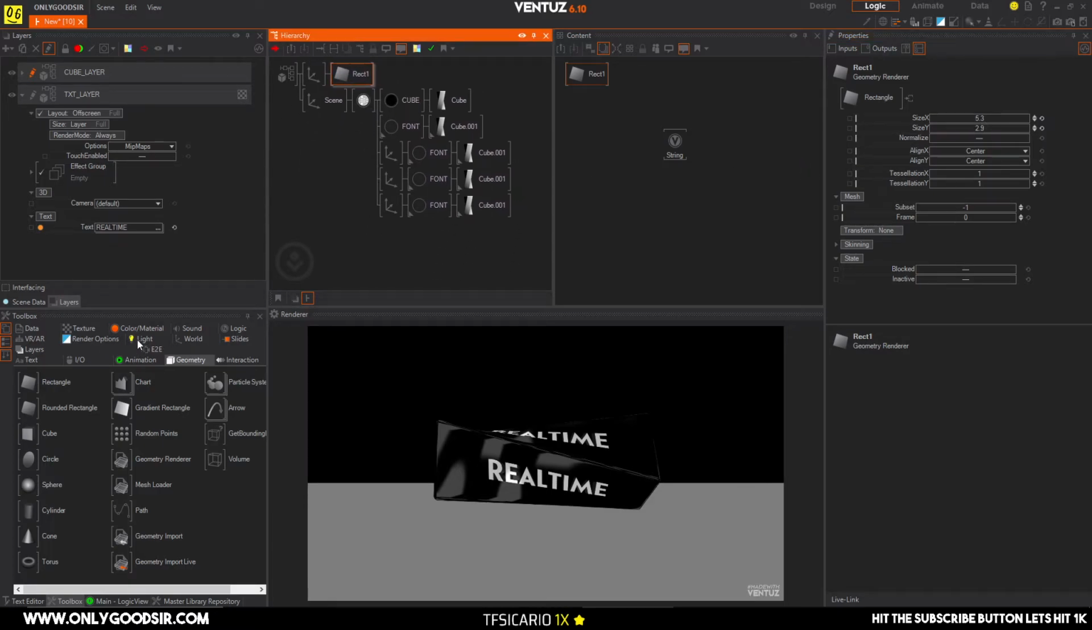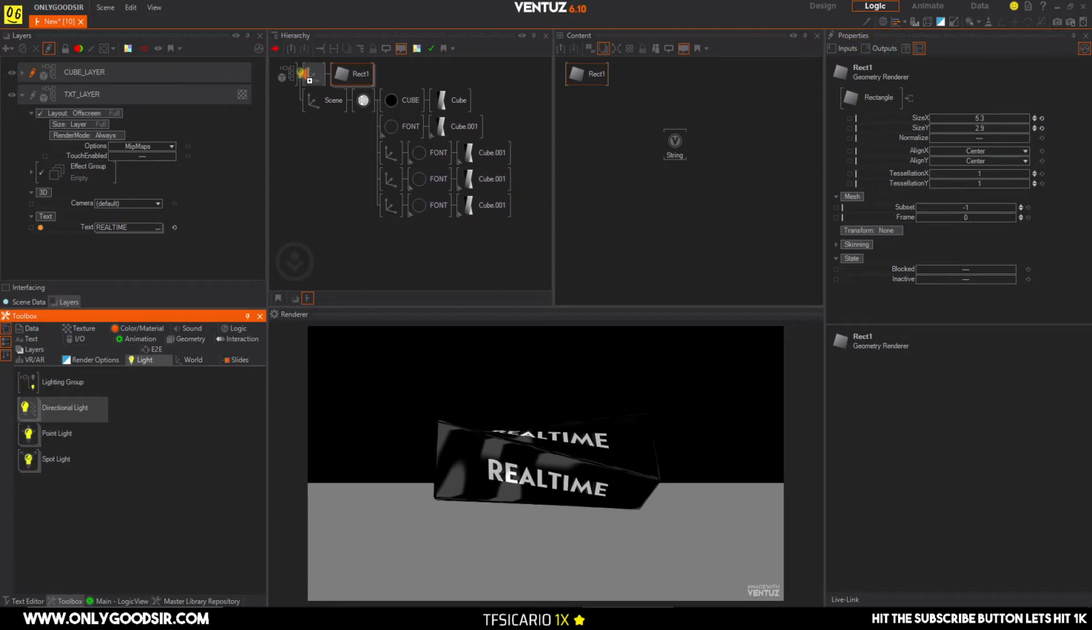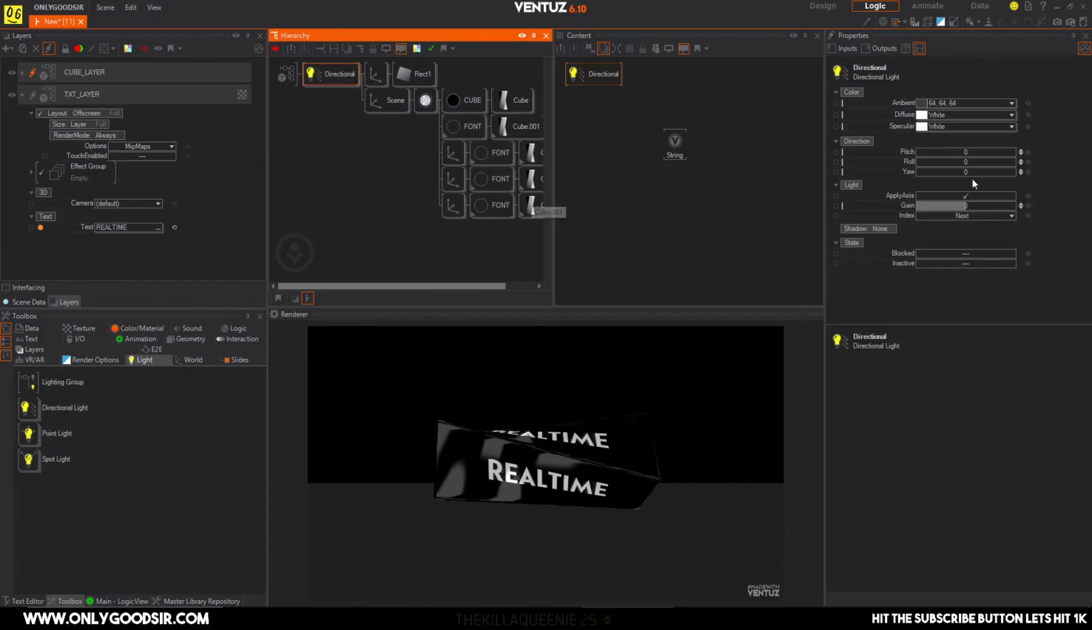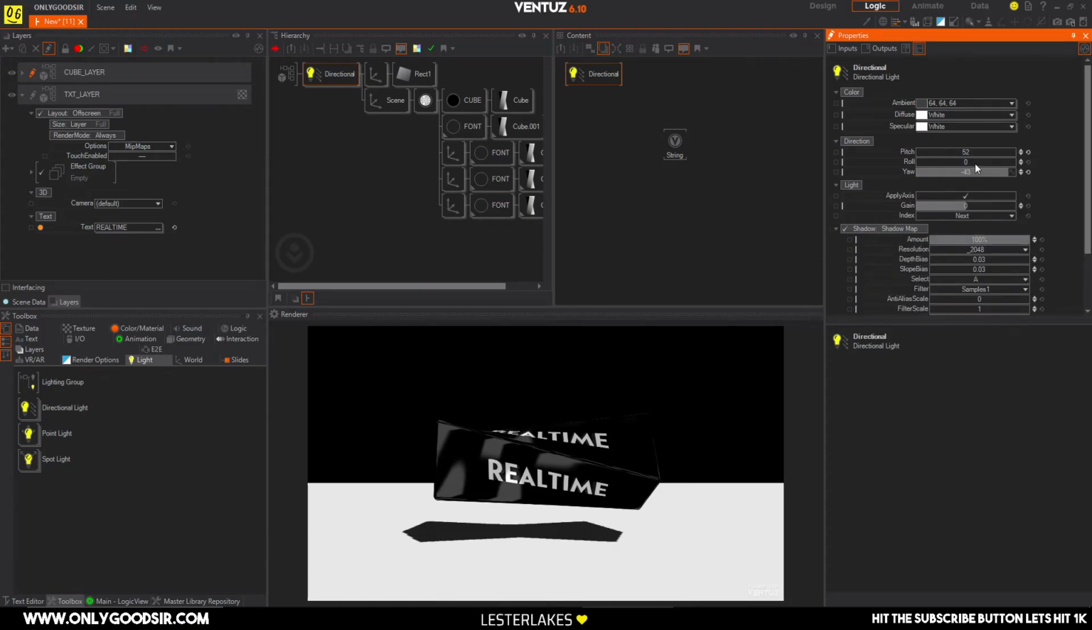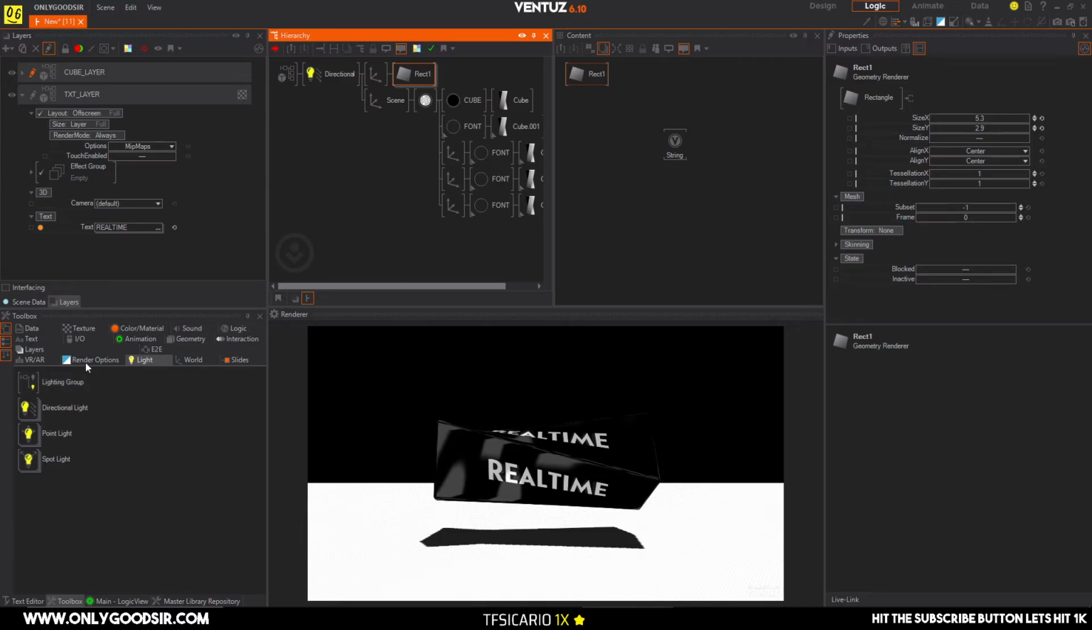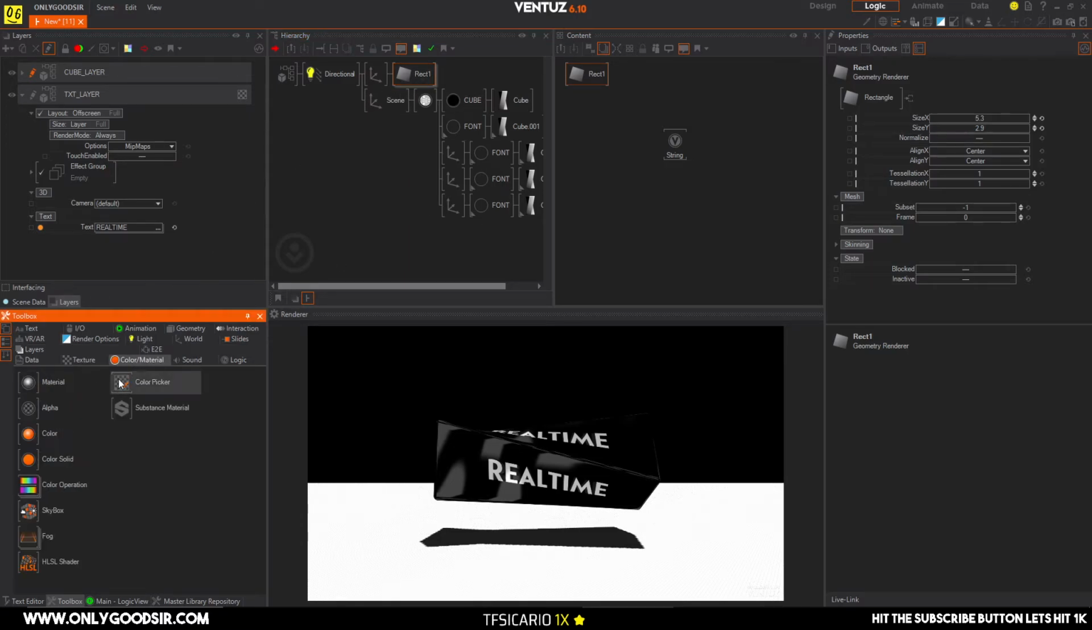Now we need a light, so I'm going to take a directional light and apply it to the scene. So on the shadow, I want to turn the shadow map on, so now we have a shadow, which is kind of cool, right? Now this, I don't want it to cast the shadow,